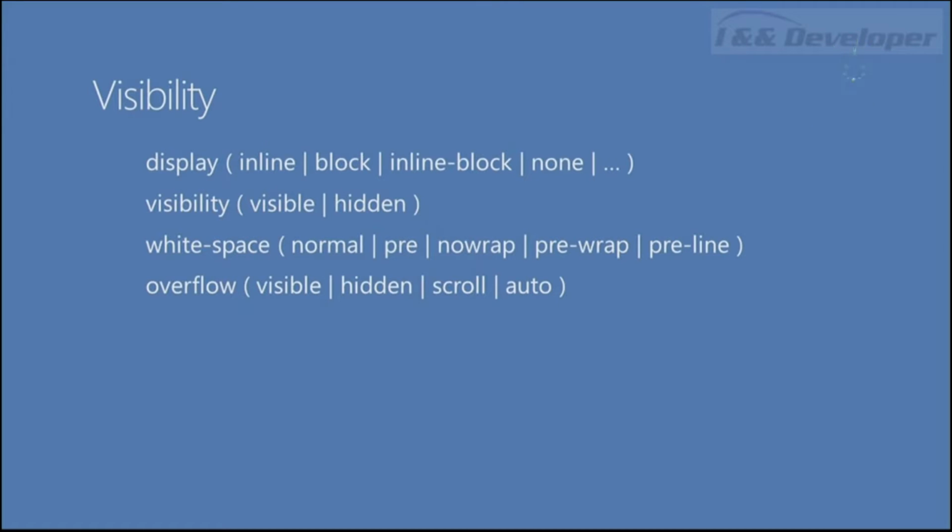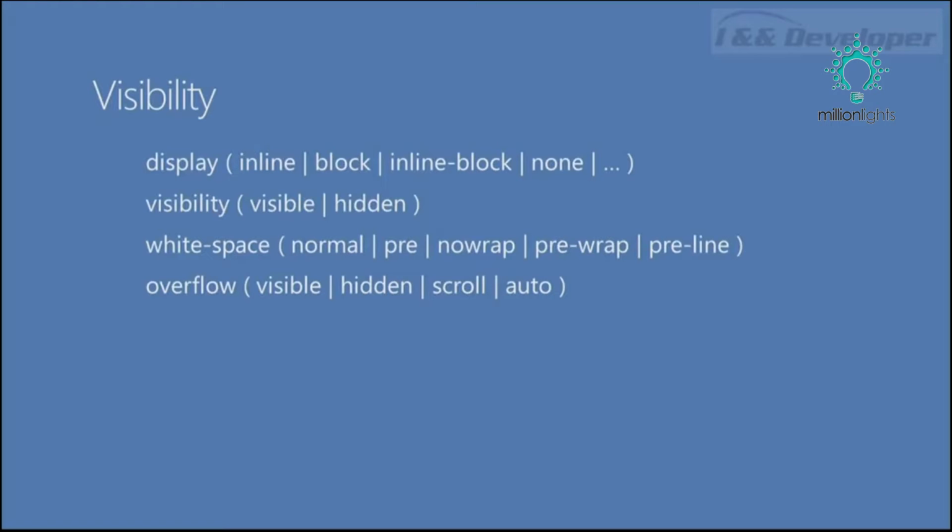So that's the sizing. Finally, we've got control over the visibility of all of these boxes on the screen. We've got display, which is going to control whether things appear or not, or how they actually behave when they appear. Visibility can hide things, but actually keep a placeholder for them. White space can determine how the white space inside of our div is treated. So if we, for instance, want to put some code in there, so when we say carriage return space, space, space, we want that to matter,